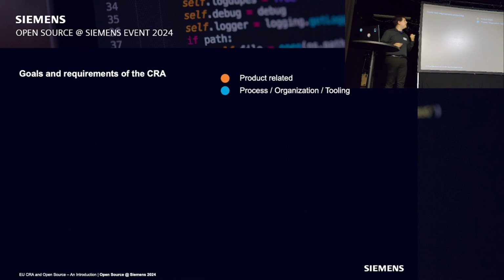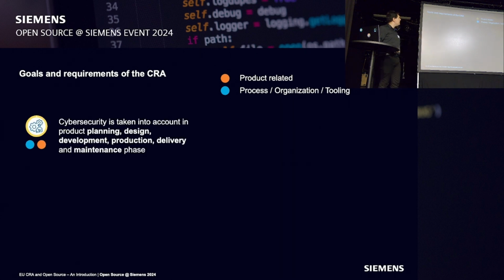We will talk about it maybe a bit later. And what is the goal? Basically, it defines a series of essential requirements that all the products that you want to put on the market need to comply with, but it also has requirements in terms of processes. And then to fulfill process requirements, you will also have to work on organizational requirements and tooling. So the goal in general is to ensure that